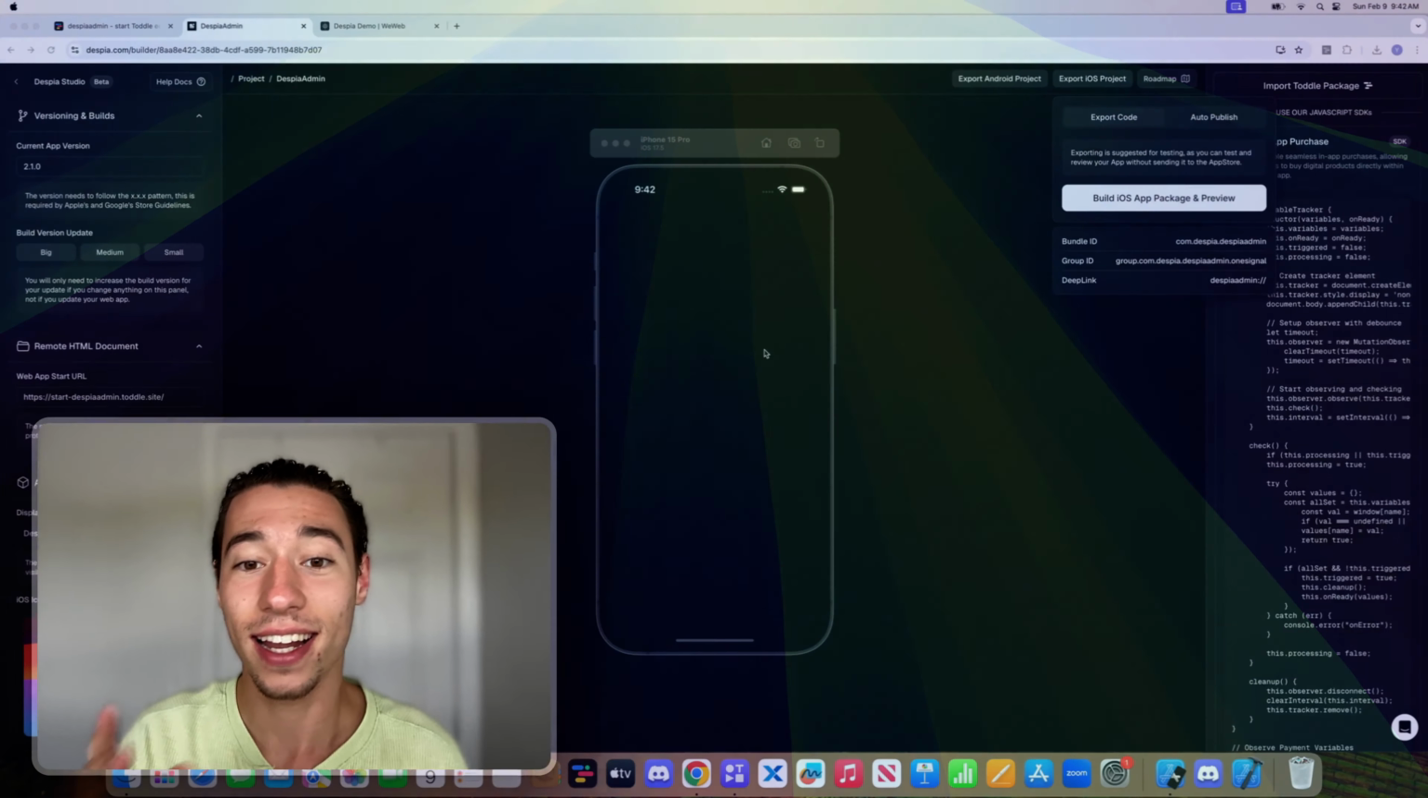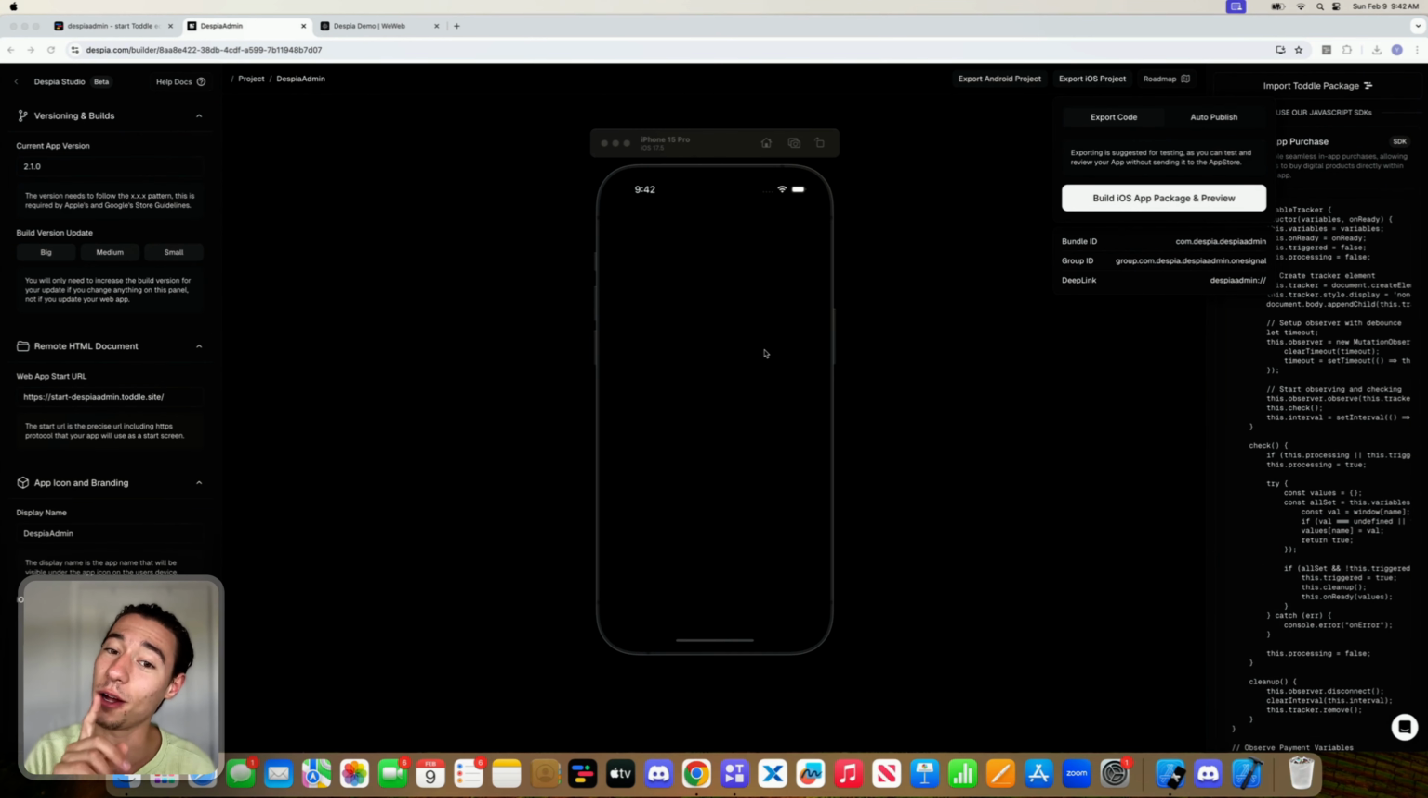So today I want to show you how you can set that up in just a few minutes, because everything in Despia is super simple. It's built with simplicity in mind. So let me show you today how to do that in Toddle, and we'll also do another video on how to do that in